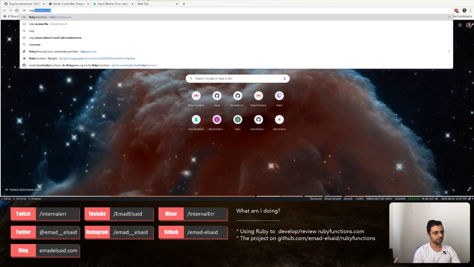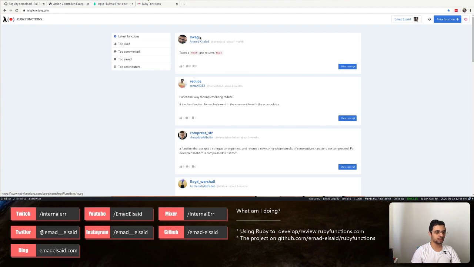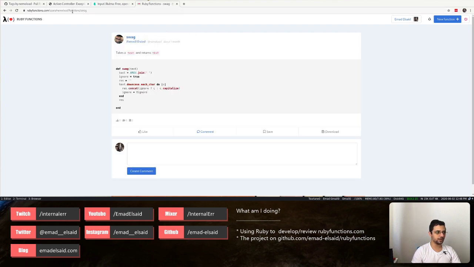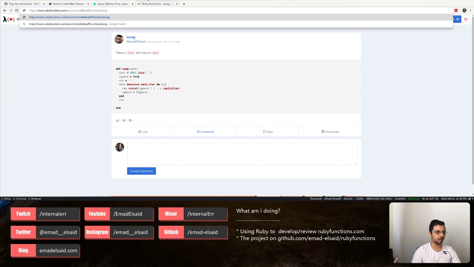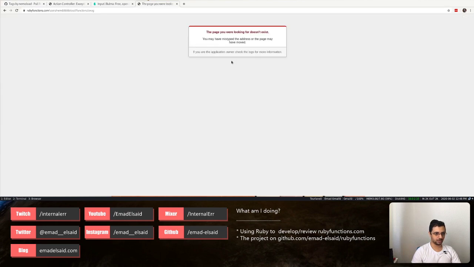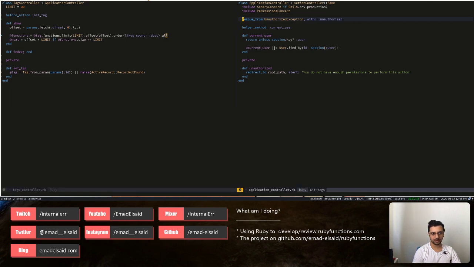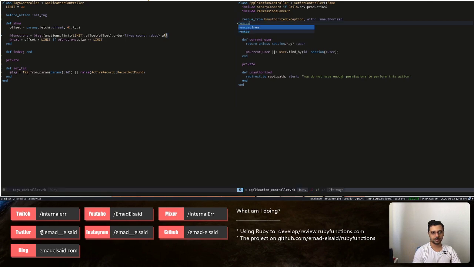So if I went to rubyfunctions.com and went to something here and I tried to just change that, it gives me this. Yeah, we didn't rescue from it. Okay, rescue from record not found. It's ActiveRecord::RecordNotFound. Okay, and then we can define a function not_found here, and this will redirect to